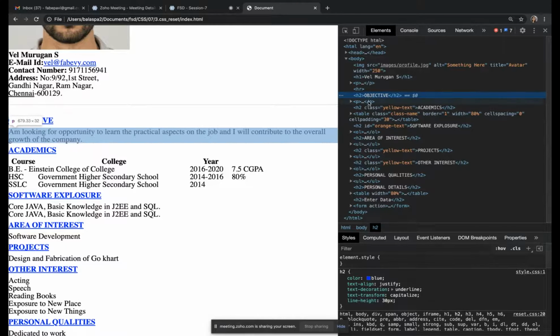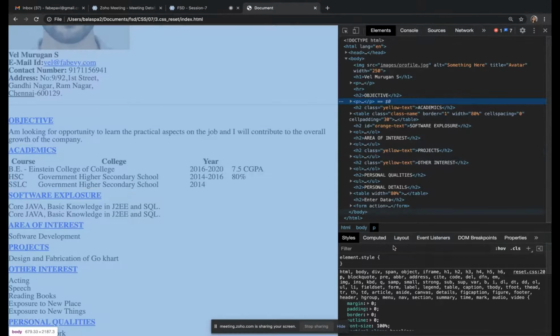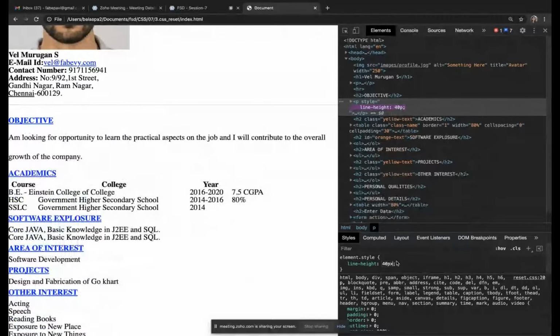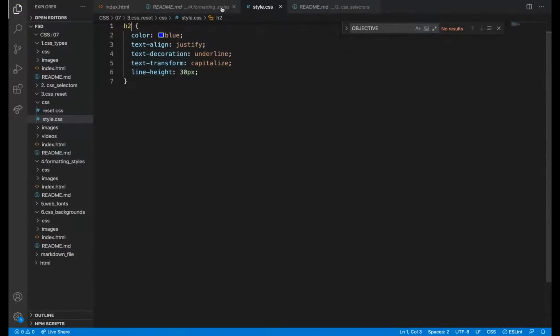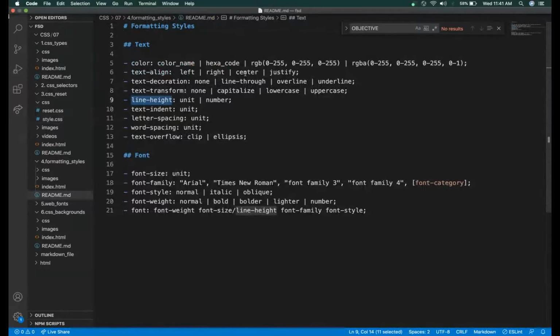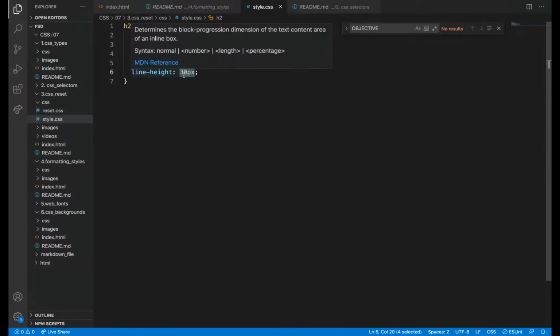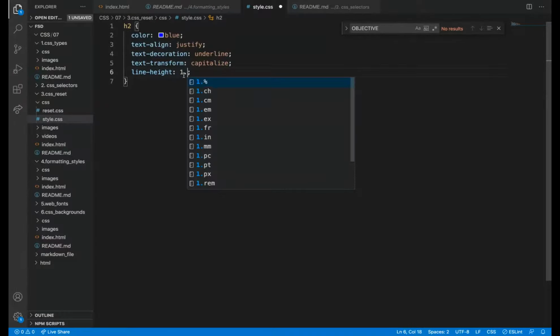So for the P tag, I can write it here also. Line height equal to 40 pixel. So there will be a 40 pixel space here. Fine. So I can add it like this also, or with a unit. What is unit? With the pixel I gave. Otherwise I can give 1.5, same as in the document.